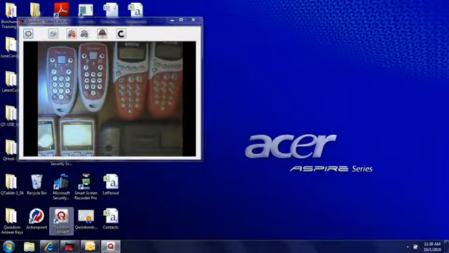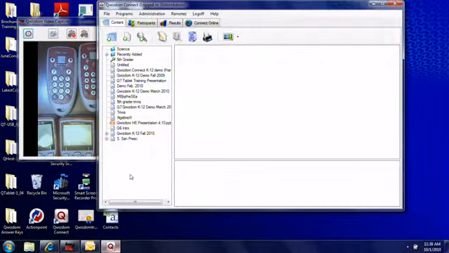The icon is like a white box with a reddish Q in it. I have mine minimized down here. I'll go ahead and open that. And then we click up here at the top tab where it says Remotes. And you do at this time have to have that USB drive, the host, plugged into your computer. So once you click on Remotes,